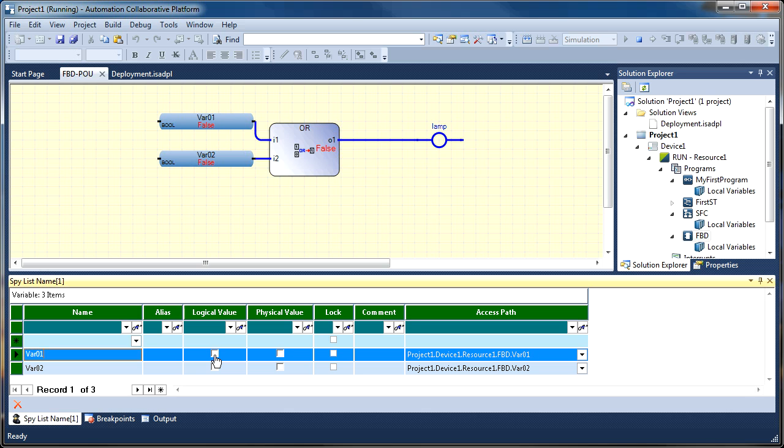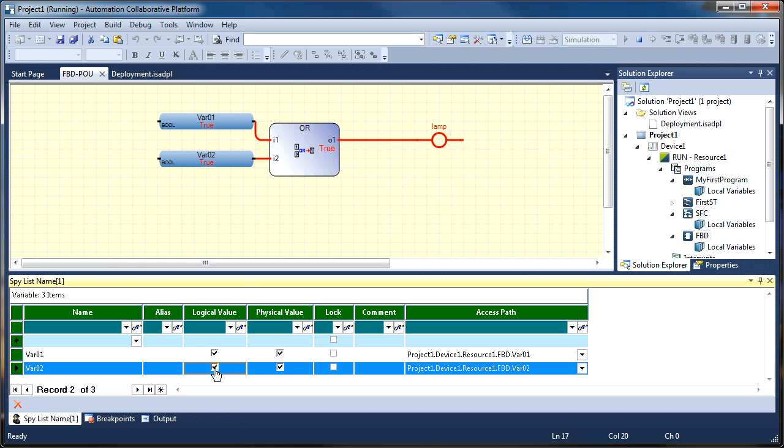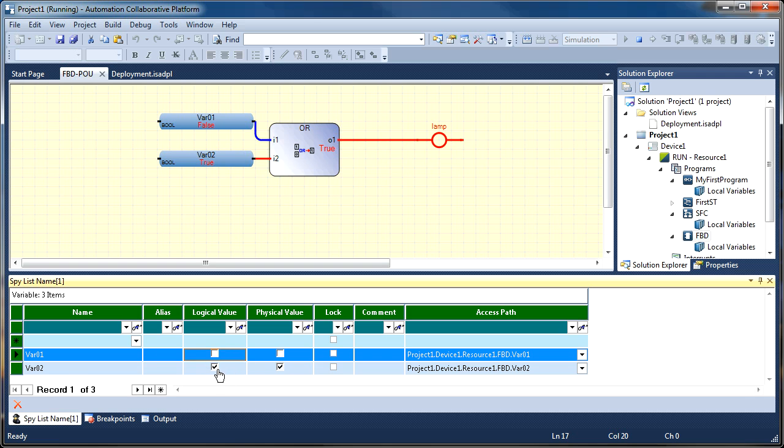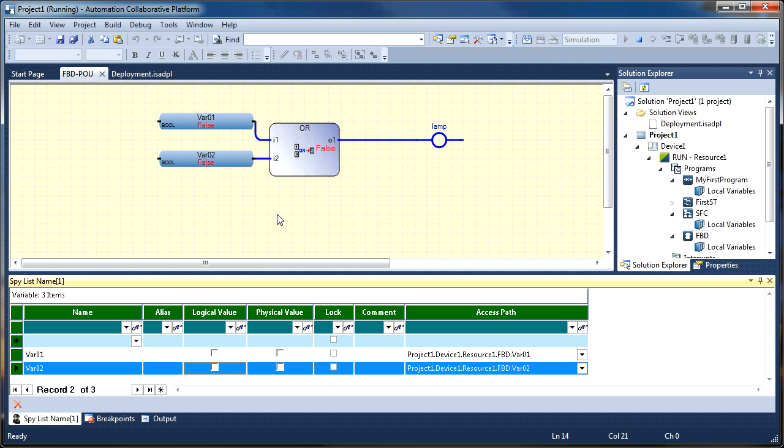So now we can say tick. See, and the red has come up here. That one's gone true, and the OR has given us a red lamp on the output. So again, it's an OR. That gives us either or. Turn it off, the lamp still stays on. So there's an interesting change to this. If we stop this and edit it,